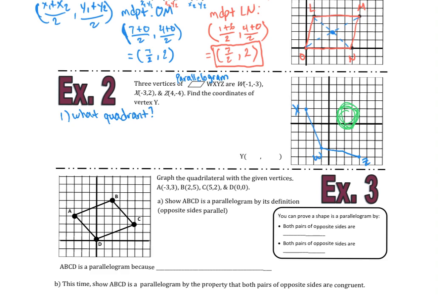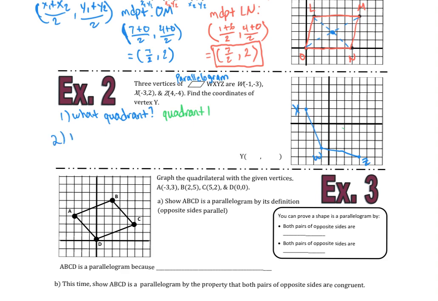It's going to be somewhere in that vicinity that I circled in green there. I'm going to go ahead and erase that, but we know it's going to be over there somewhere. And that's quadrant 1. So I know it's going to be in quadrant 1. And then the second thing that you want to ask yourself is,